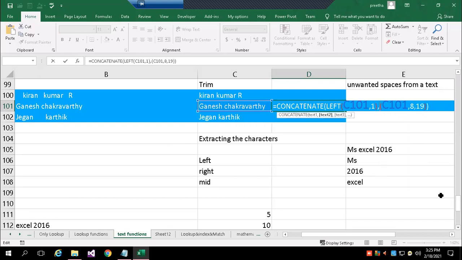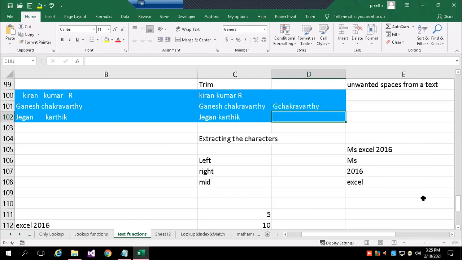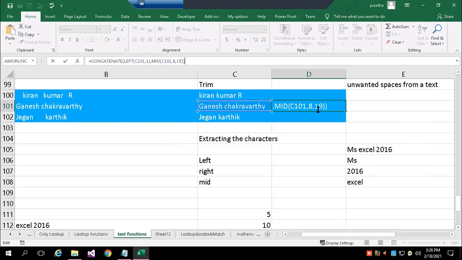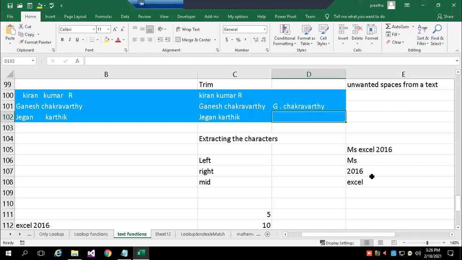It's not left. What you should use is MID. It's a small thing, but you can see I could extract it.